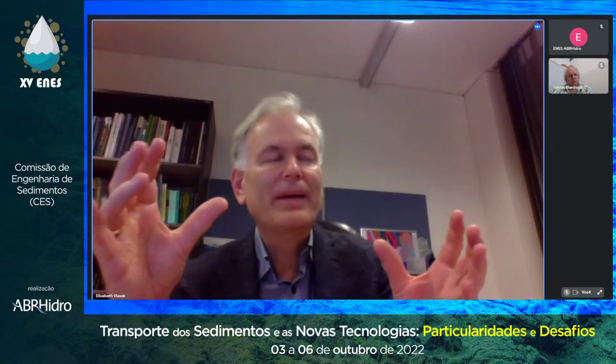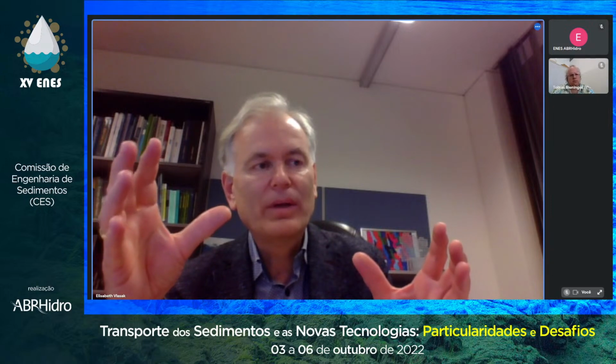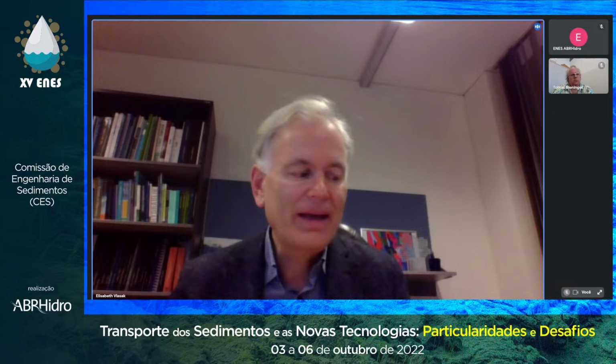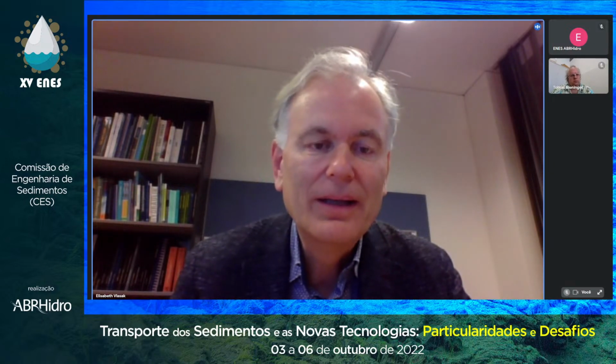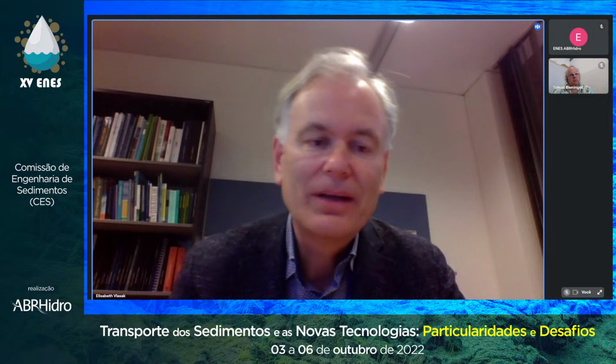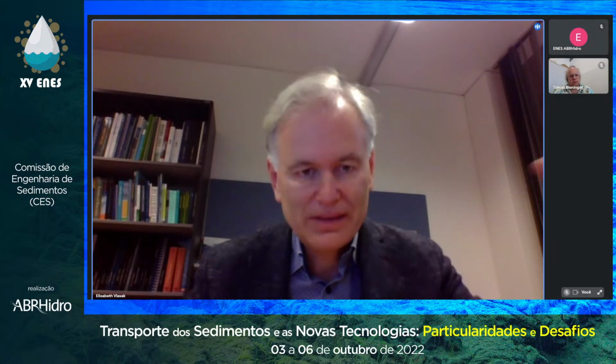So we have to see what type of catchment this is. Is there a risk to get more agriculture with more soil erosion? Then your design of the reservoir from the beginning should reflect this. It's just one point. The second one is, is it a chain of reservoirs? So you are in the middle somewhere. Are you at the upper part or are you in the lower part? And what is this situation?